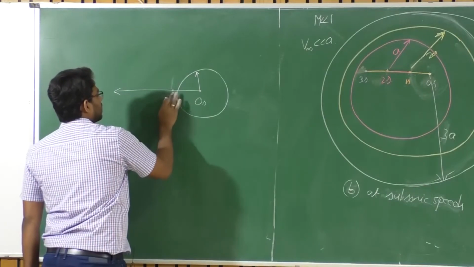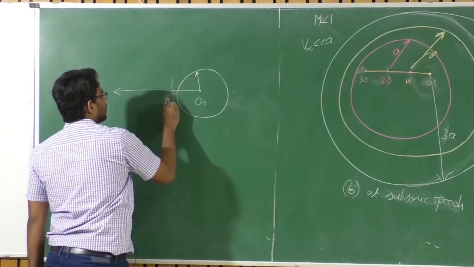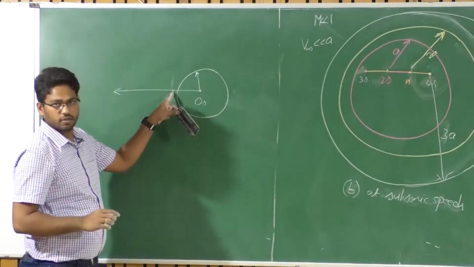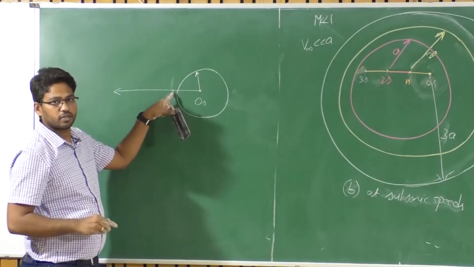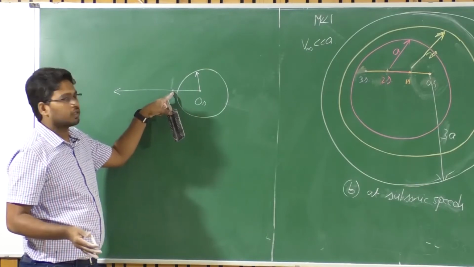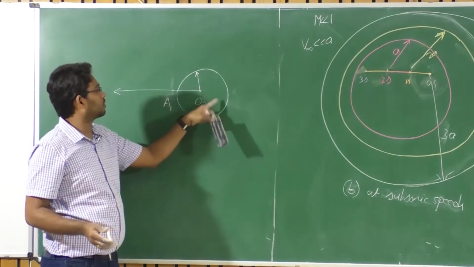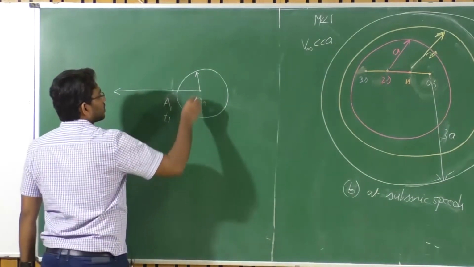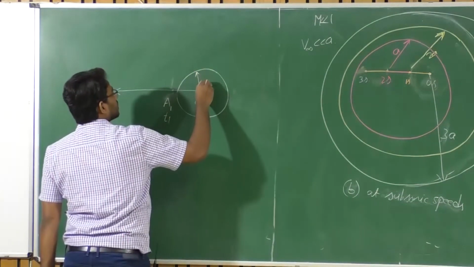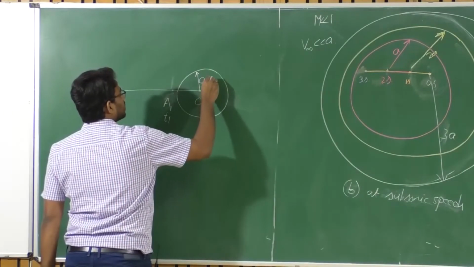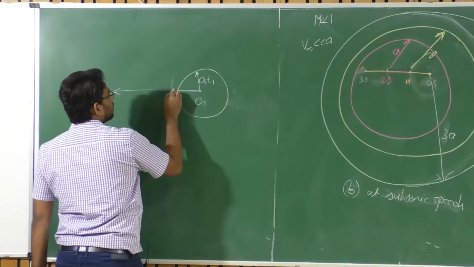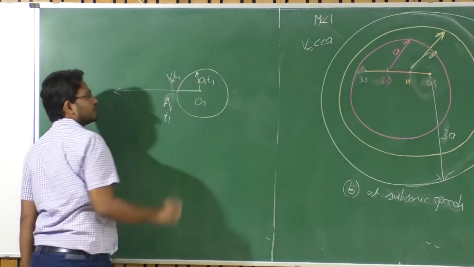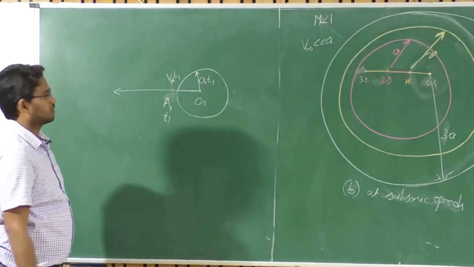Let us say capital A1 is the first location, right? Another location which you have reached within some time, say T1, okay? But the sound may not be able to. The distance of propagation will be A times T1, whereas you have covered a distance V infinity times T1, which is higher than A times T1.